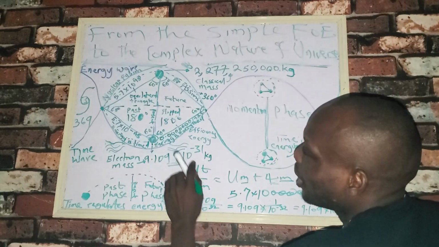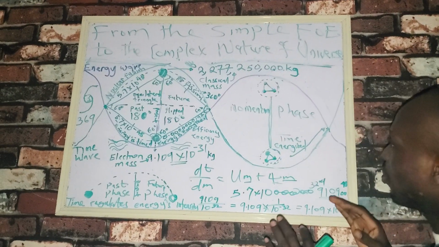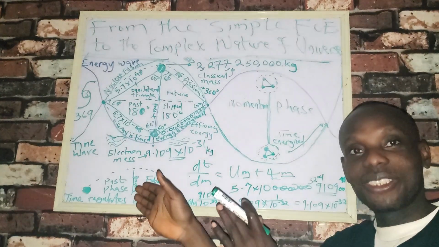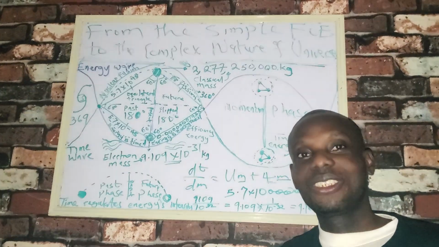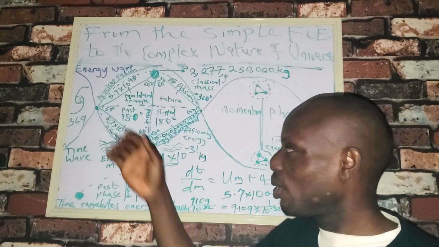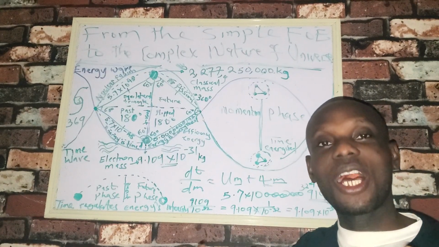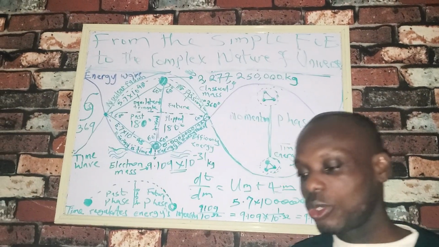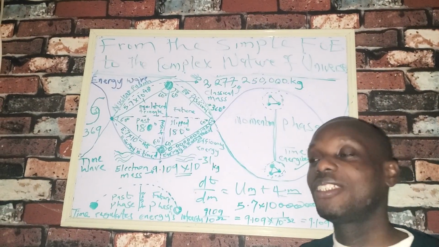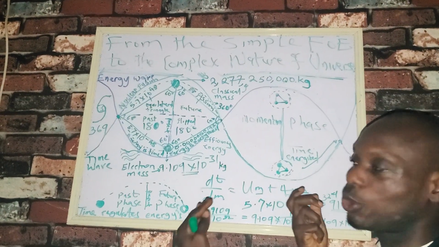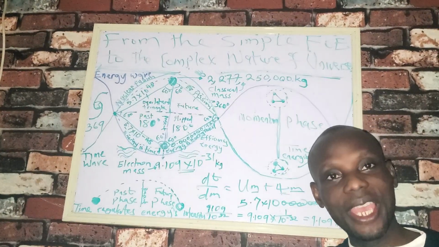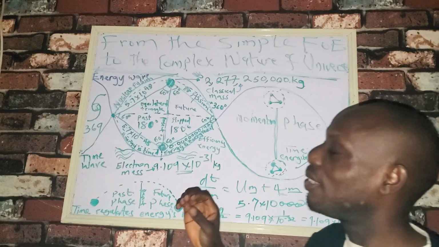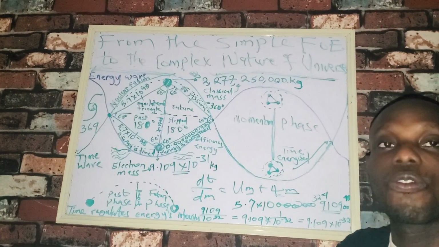Now, another thing that we need to look at, which is also powerful, is this 369. I want to briefly explain that. This number was introduced by Nikola Tesla. Nikola Tesla said that we have to think in terms of vibration, frequency, and energy if we want to know the true nature of the universe. But in my own case, I have a poem on this particular 369, and there I said that we need to think in terms of worth,